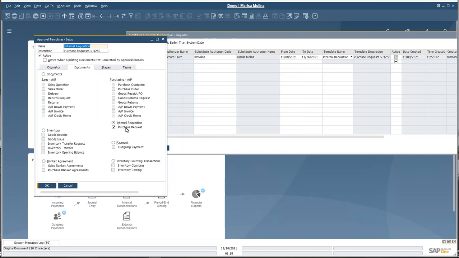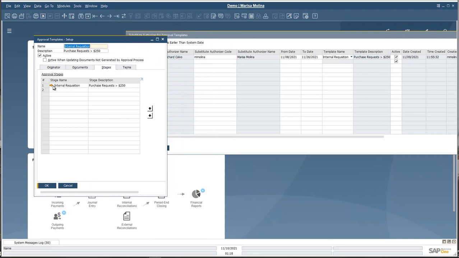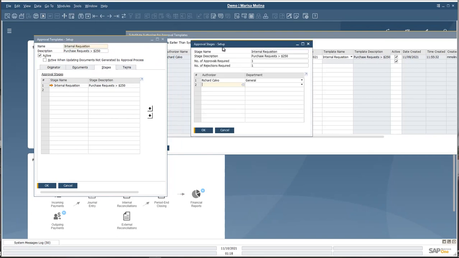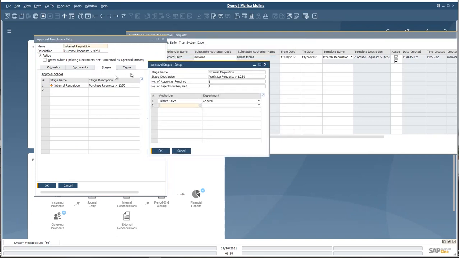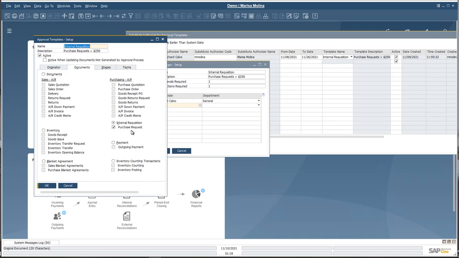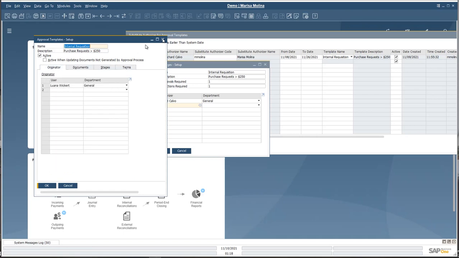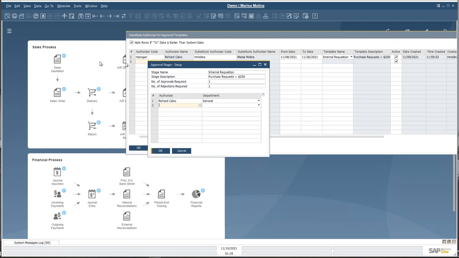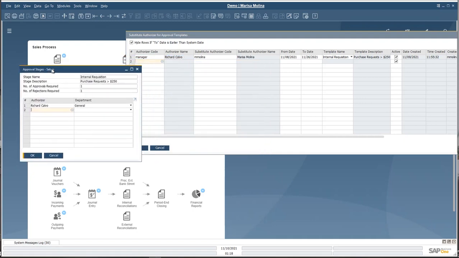For documents, it is the purchase request, that is the internal requisition. The stages, that would be the same thing, internal requisition. If I open this one, it is in here that I have the actual authorizer. So basically, when that's applied, this is for these terms. Anytime the total document is greater than $250, this purchase request should be submitted for approval, right? When Luana is the originator. So basically in here, Richard Calvo, that most of you also know,